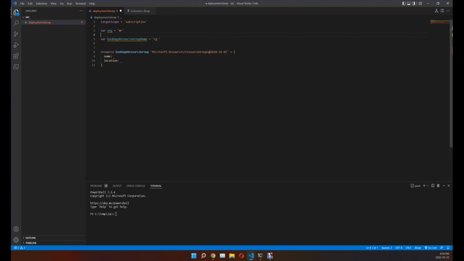Sorry, that's the organization. Then my app name, probably that would be book app, right? So that's BA. Now I construct all my resource names or resource group names. For that you can use string interpolation, like we do in C sharp. So there you create org,